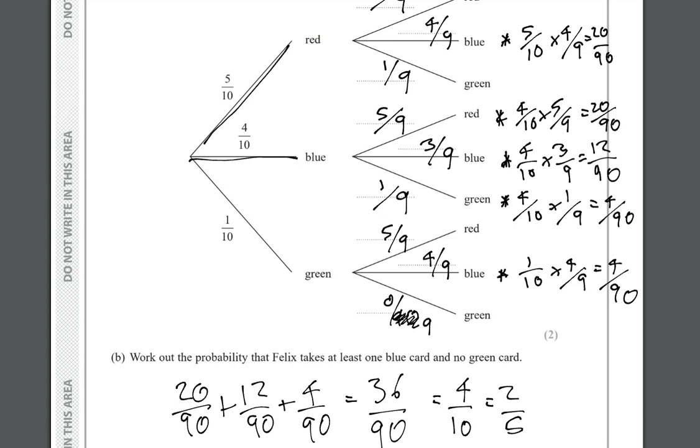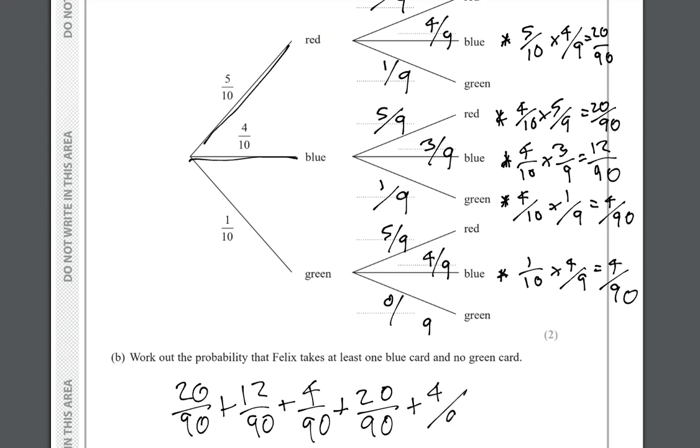Apologies, we've got to add in a few more here. So, plus 20 over 90 plus 4 over 90, 40,